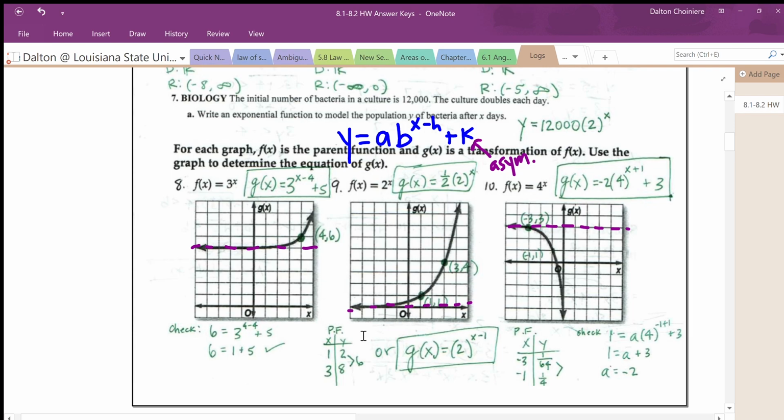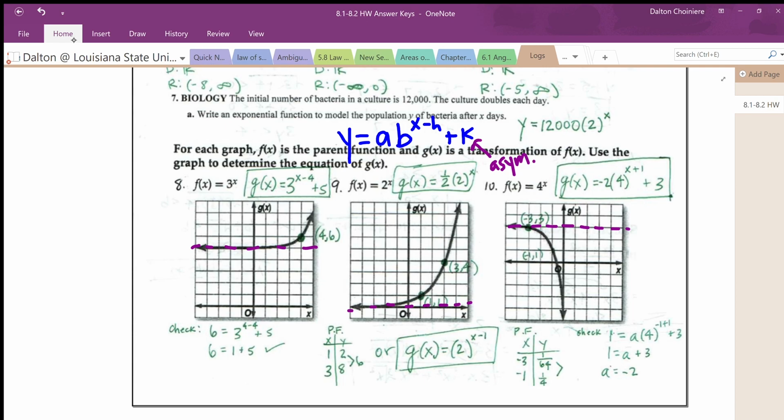And for those dilations, you essentially want to pick 2 points, and you want to pay attention to the change in the y values. So for instance, I've got these 2 points here. This is the transformed function. I have (1, 1) and I have (3, 4). So what you want to do is, first of all, we already noted that there's no